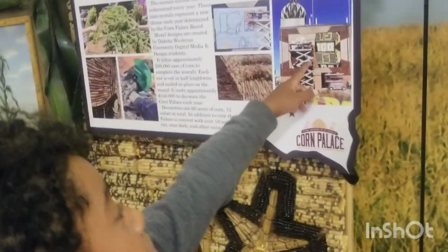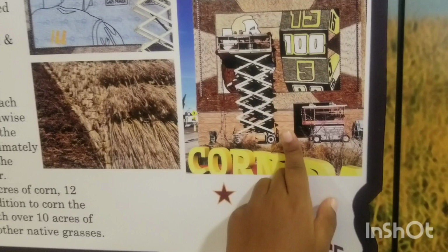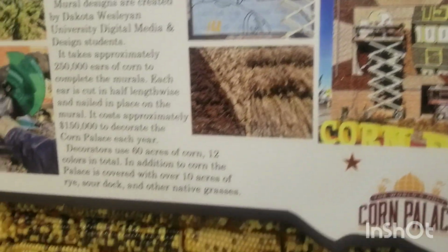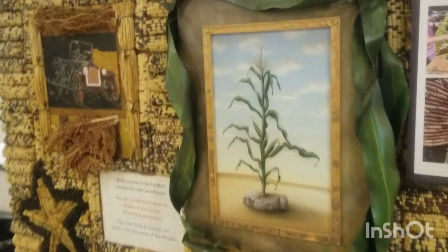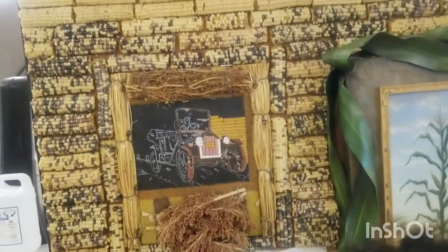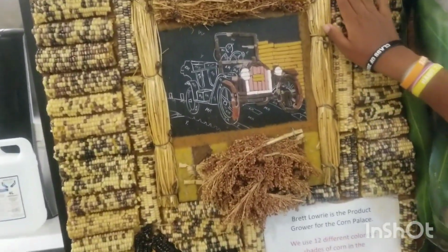It's really cool. Look how it's from a long time ago, but you can see it's just black and dry now. So what is this? Oh, it's nothing. That's what it is. It's made of corn? Yeah, everything. Can we go over there? Feels really